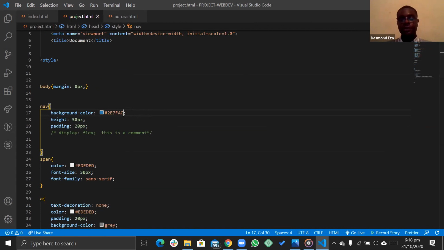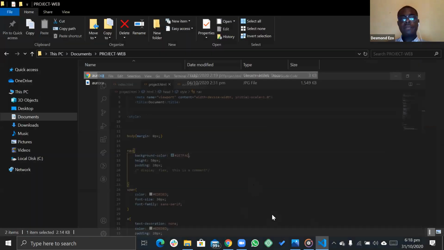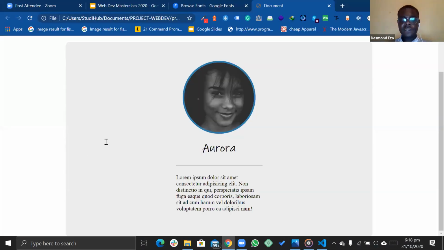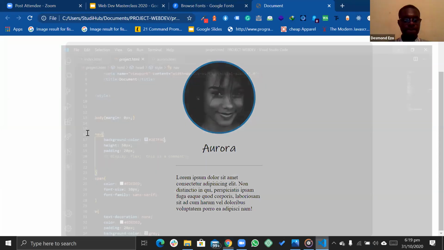Watch what happens next. If I refresh. Now, although I need to fix this text here, the left-hand side. So let's fix that text. Paragraph. I'm going to fix the text because the text is inside of the p tag.